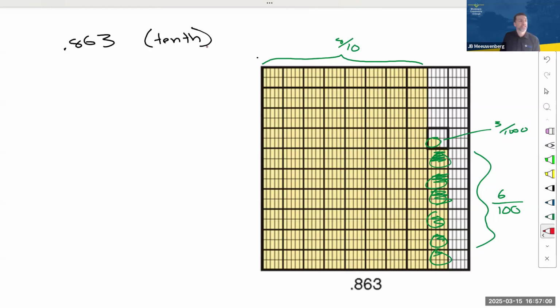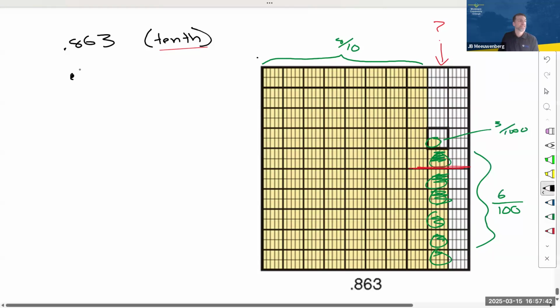What we were asked to do is round to the nearest tenth. So again, that's basically determining this column, do we count it or not? Are we going to keep it at 8/10ths, or are we going to fill in the rest of this column to make it 9/10ths? And the question is really, are we more than halfway there? This line would be the halfway point. And you can see because we've filled in above it, we would fill in the rest of this column when we do our rounding, which means this is going to round to